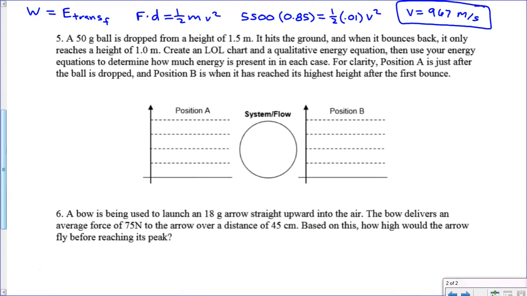Number 5 here, we've got a ball that's dropped from a height of 1.5 meters, and this is similar to a problem that we saw earlier in one of the energy packets. It bounces back up, but it only reaches a height of 1 meter. You have to think, what's happening here with the ball? If it started at 1.5 meters and then it bounces back up to 1 meter, what's happening is that it's